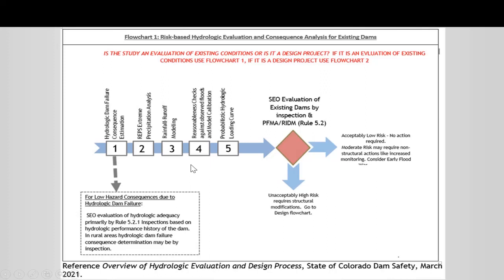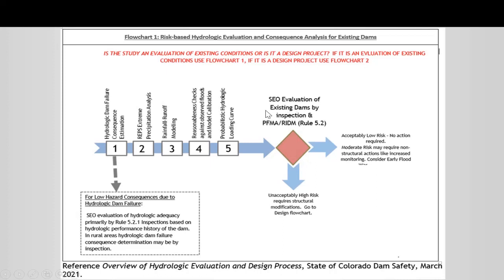Once we're sure we have a model that's giving reasonable and defensible results, then we run all the REPS probabilistic storms through the model and generate the peak reservoir stages by AEP, which gives us a hydrologic loading curve, also called the reservoir stage probability curve or hydrologic hazard curves. And I'll show you an example of that. So we have that. We have the consequence estimate for hydrologic PFM, the life loss estimate, and then we have the likelihood of hydrologic loading, and that feeds into our decision-making process